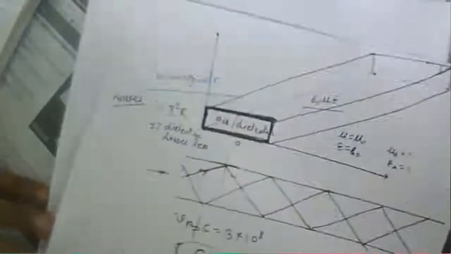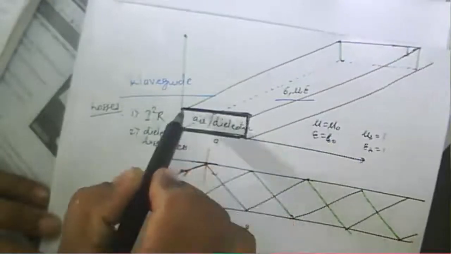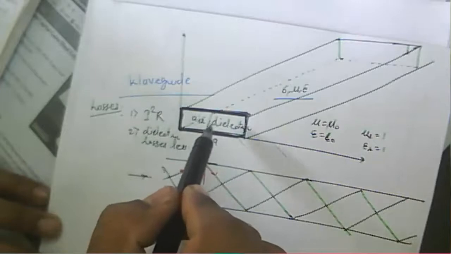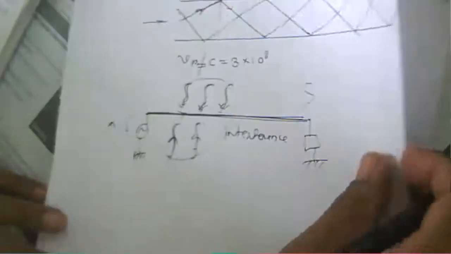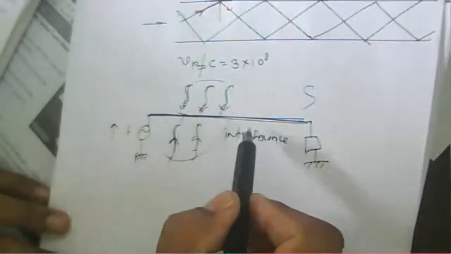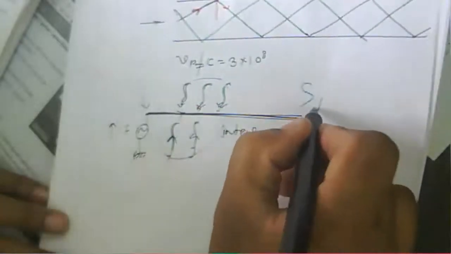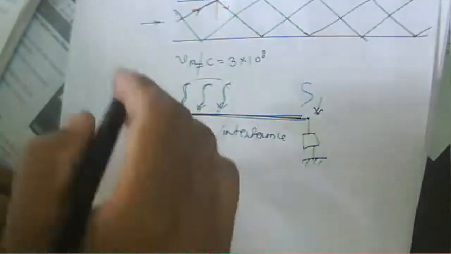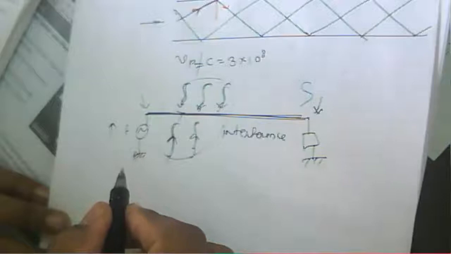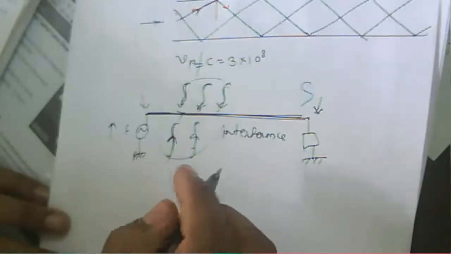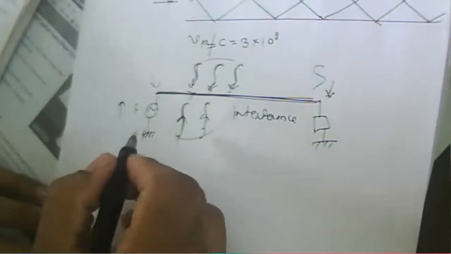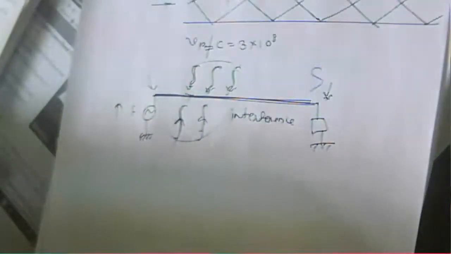So now here in a waveguide, what happens? Your signal is propagating, or it is confined, in a waveguide. Your wave is confined in a waveguide, so there is no interference or external effect on this particular signal. But if you consider a transmission line, external interference, losses, noise at the transmitter, and noise at the receiver occur there. But this does not happen in the case of a waveguide. Because the wave is propagating through the guide only, the losses in that particular guide are low.